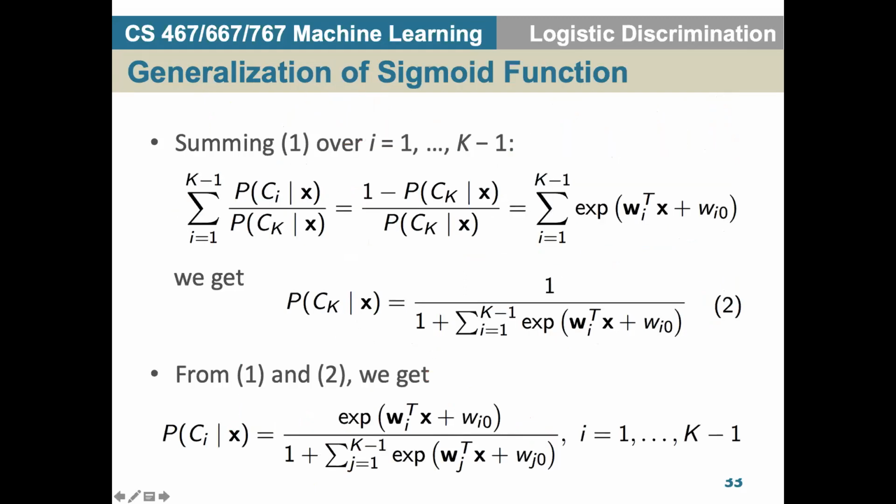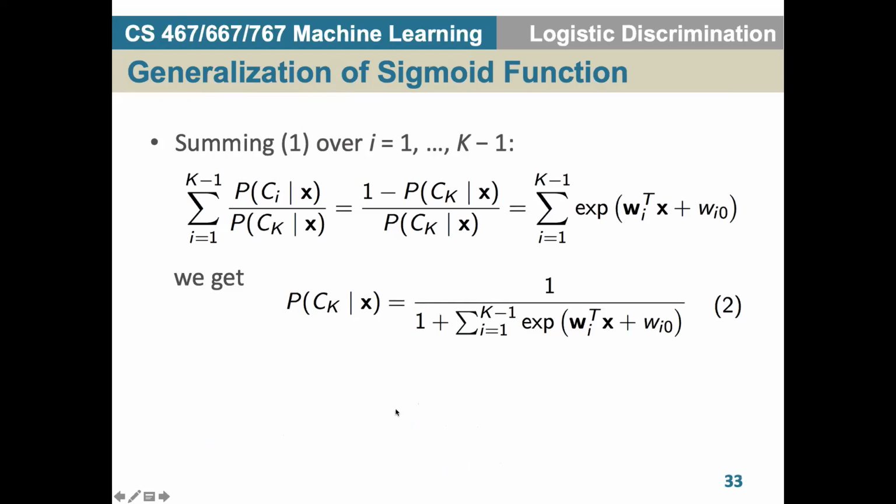So previously we saw how we derive pk. It's pretty easy to see that this is a summation over the other exponential values. And now this is just for a particular class k. What if we want to compute the probability for other classes, 1 to k minus 1? The probability can be written like this. So how to see this? If you go to the previous page,